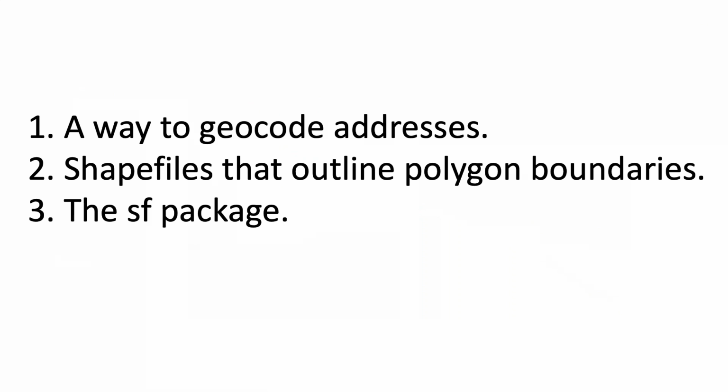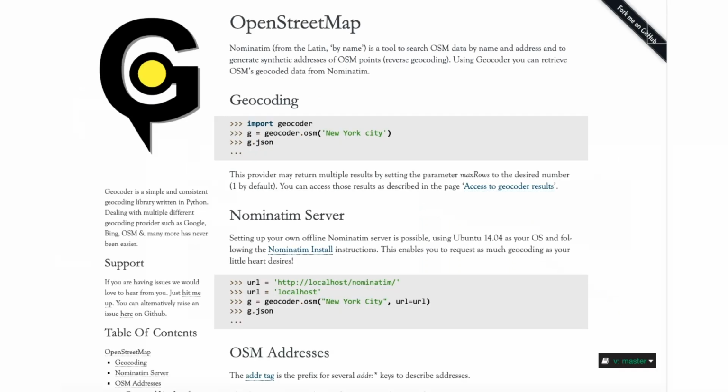For geocoding, I usually use the Geocodio API. It's free for 2,500 lookups a day, but you do need an API key to use it. To get around that bit of complexity for this video, I'll use the free open source OpenStreetMap API. It doesn't require a key. The tmaptools package has a function, geocode_OSM, to use that API.